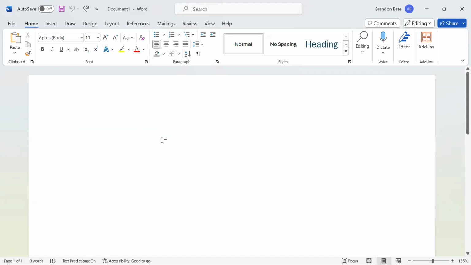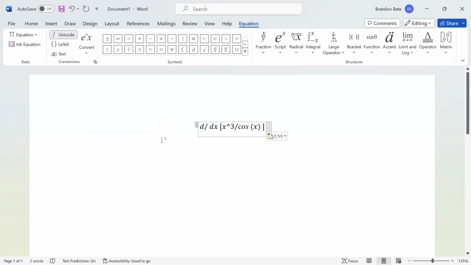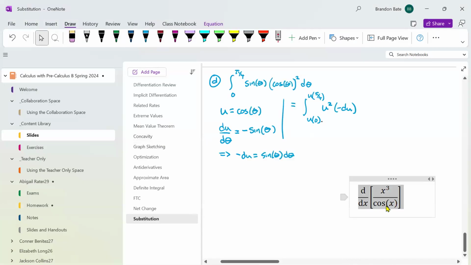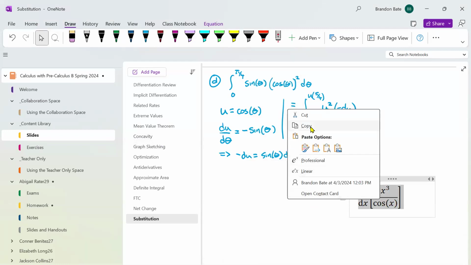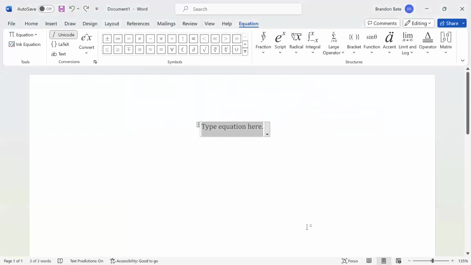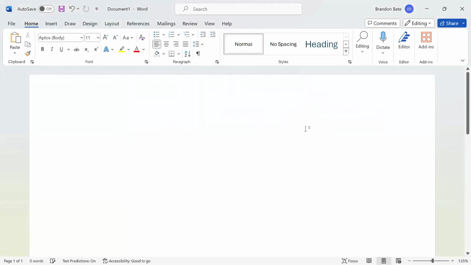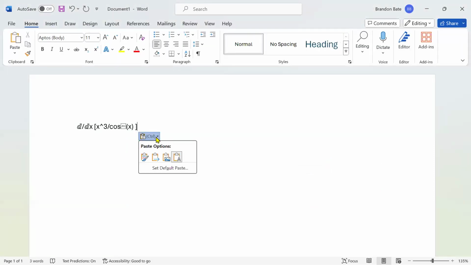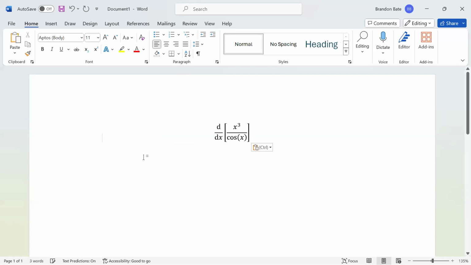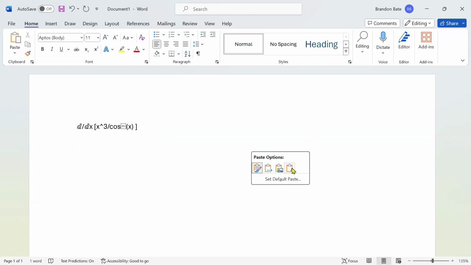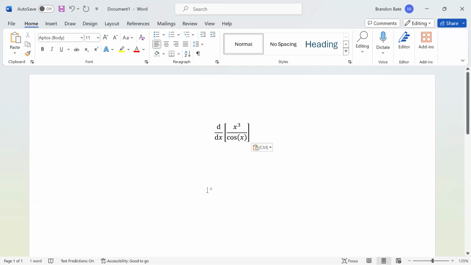Never mind. They've changed it. It used to do this automatically. Here, I think I have to go to this. Yeah, make sure you select that paste right there. Did you know that there's different types of paste you can do in Word? When you paste in, you can choose this one, which is basically the default right there. Just want to show you that.